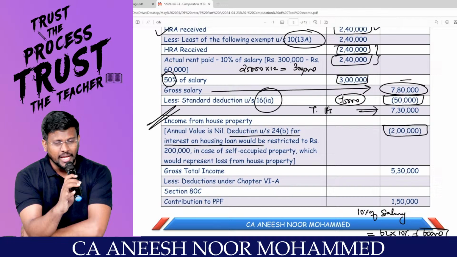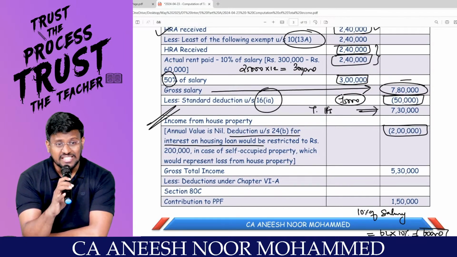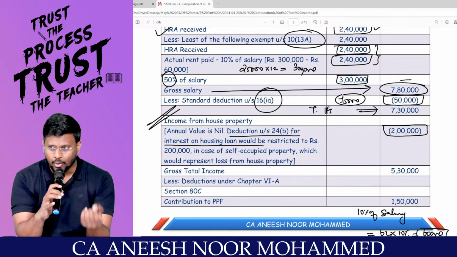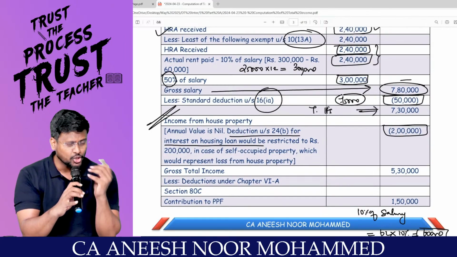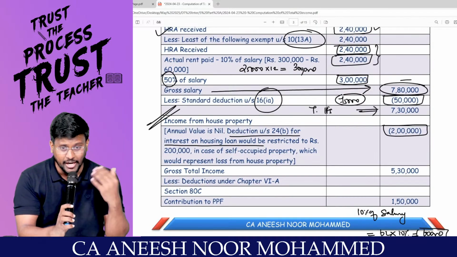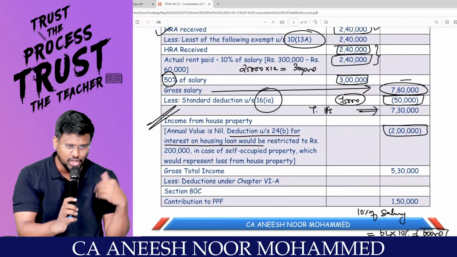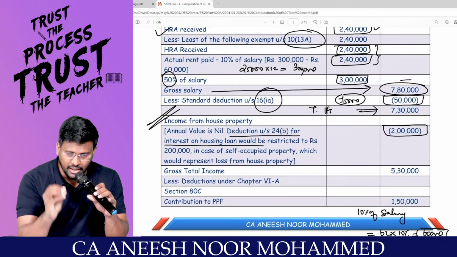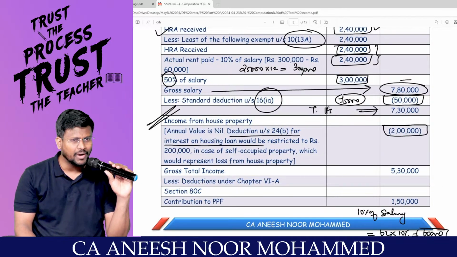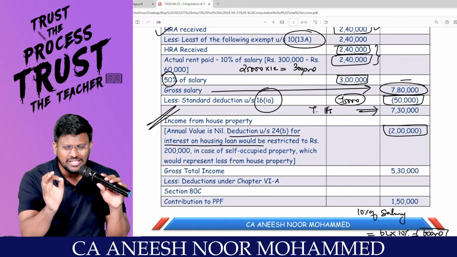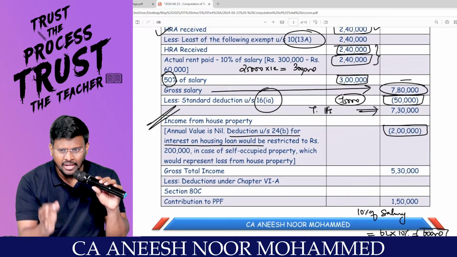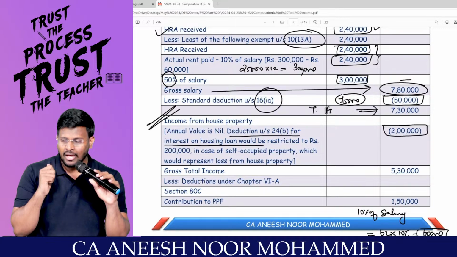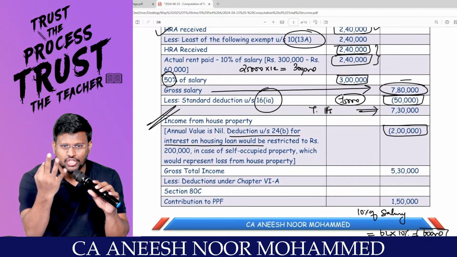In order to claim the higher limit of 2 lakh, the assessee should satisfy 3 conditions. Loan should be taken on or after 1/4/1999. Loan amount should be used for the purpose of construction or acquisition of the property. Such construction or acquisition should be completed within a period of 5 years from the end of the financial year in which the loan has been taken. Right? Yes, my dear lovable students, since all the conditions have been satisfied, the assessee is entitled to claim the higher limit of 2 lakh instead of 30,000 rupees.